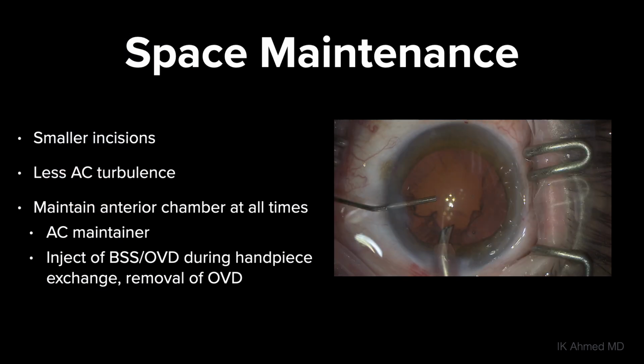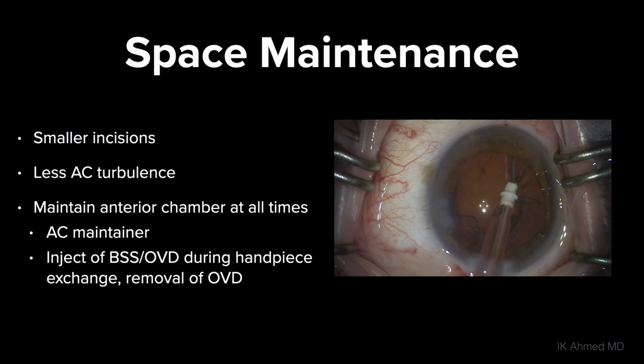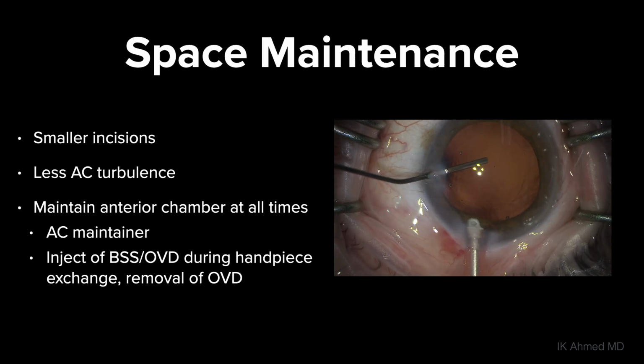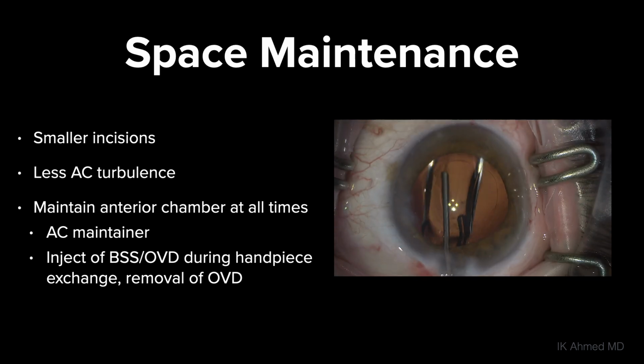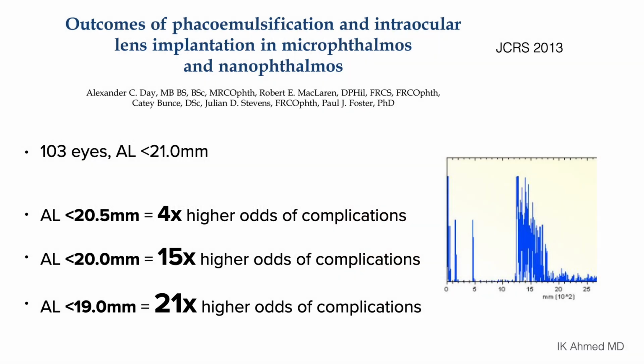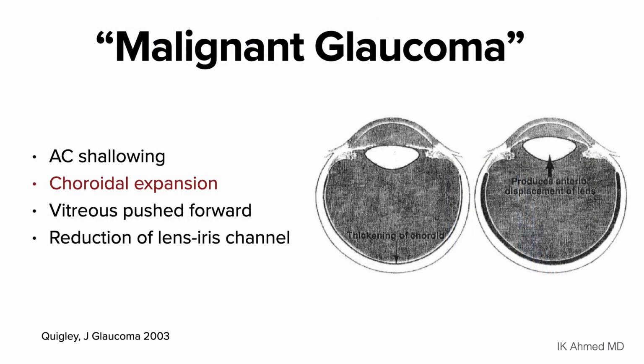Along with this, it's important to maintain space. Do not allow the AC to shallow in these very small eyes. The re-injection of viscoelastic or BSS can maintain the AC throughout the case without any chamber shallowing, which can cause choroidal expansion or effusions. Now, when we look at results of Phaco in these smaller eyes, we can see as the axial length gets smaller and smaller, the risks of complications go up and up, from 4 to 21 times increased risk of complications. One of the most feared complications is malignant glaucoma, which can occur intraoperatively or after surgery,